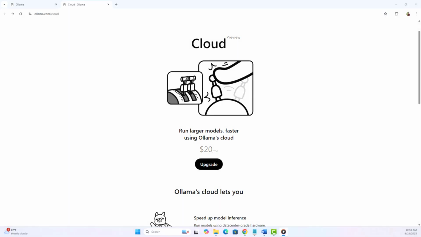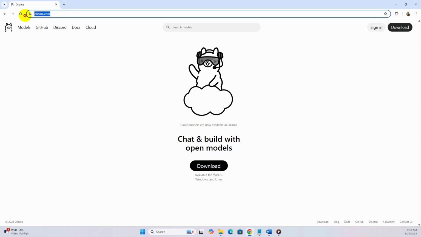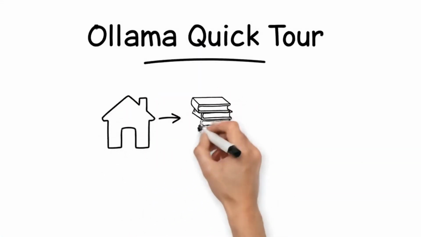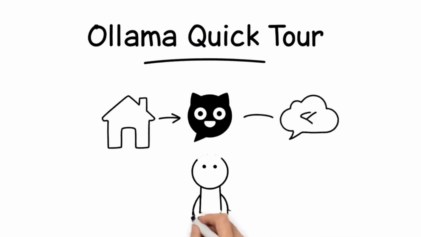spirit of Ollama. And that's a quick tour of Ollama from the homepage and model library to GitHub, Discord, documentation, and cloud services. Together, these resources form a powerful ecosystem that makes experimenting with and deploying language models both simple